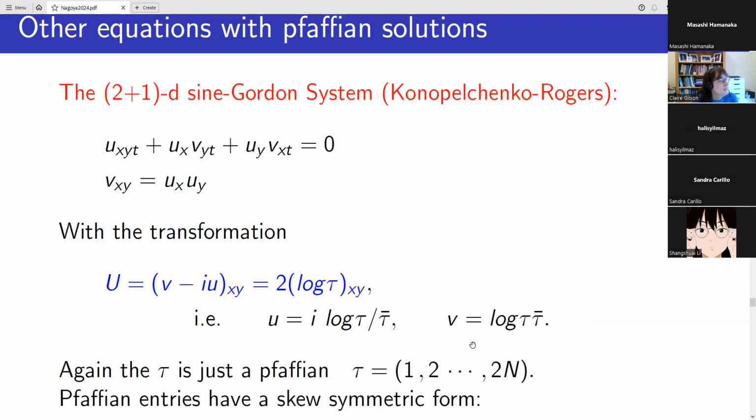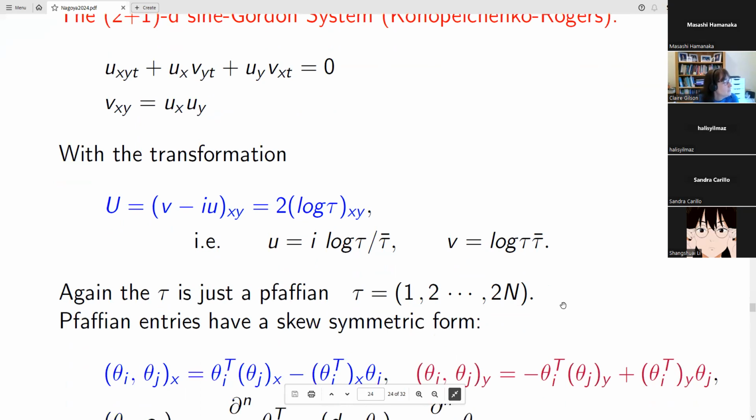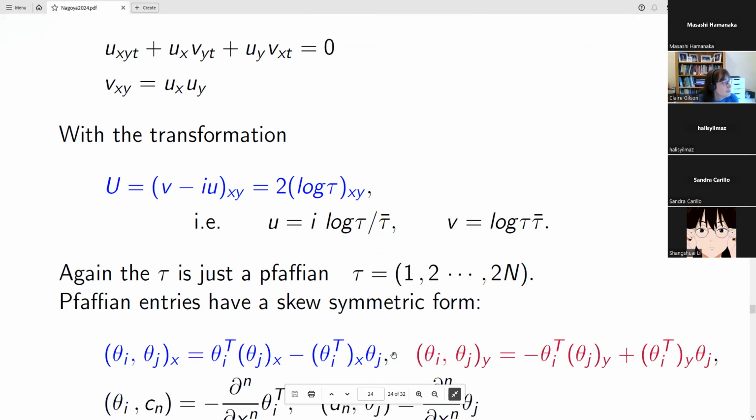And V, this is not a ratio for the V, but when you use the V, you are taking a derivative. You've always got a derivative of the V, so you'll always get ratios of Pfaffians. So this is another one that you can put into quasi-determinant form, certainly. And so the solution is just a Pfaffian, and again, I've labeled it here. And this time I'm going to stick totally with thetas.